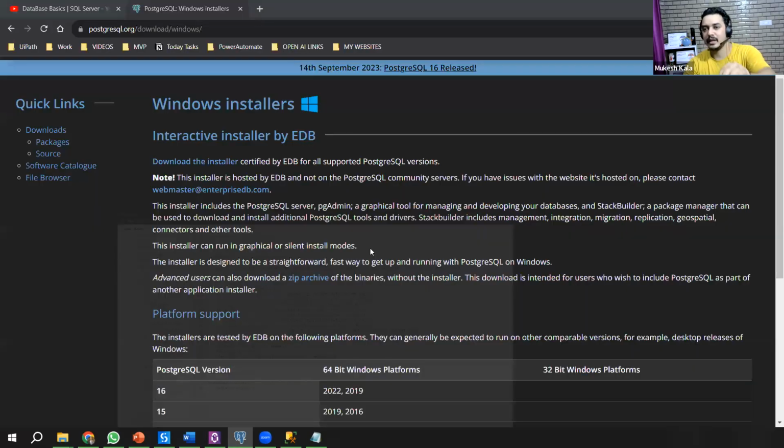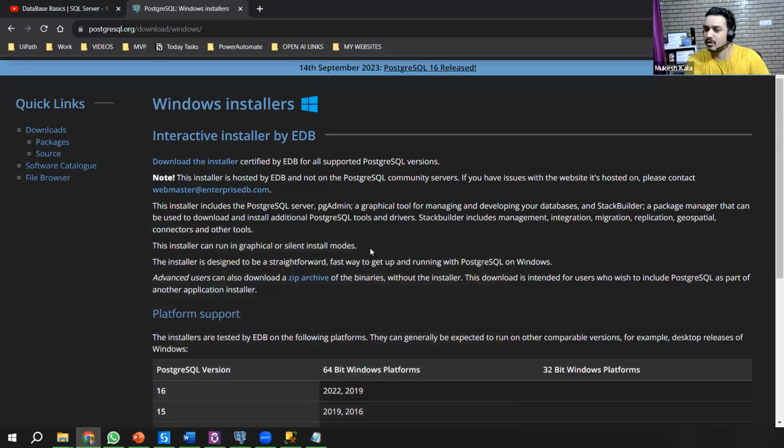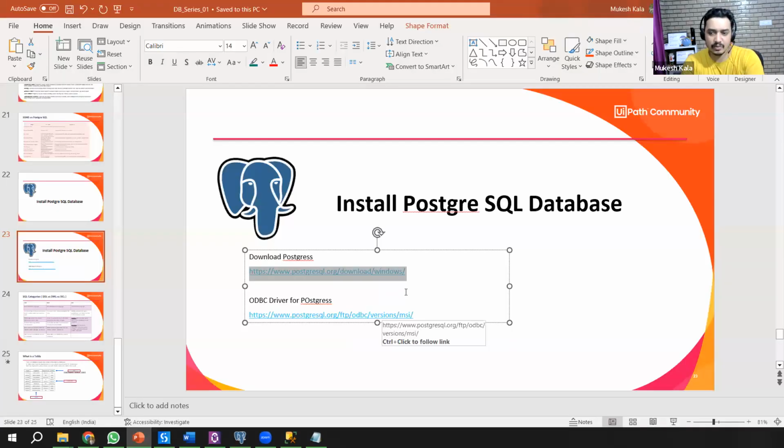Same concept applies to this also. So I have installed a SQL Server. When you are working with Microsoft, you do not have to install the drivers. SQL Server Management Studio automatically installs the driver for you. What do you mean by driver? To connect to that database, you require a driver. So SQL Server Management Studio takes care of everything. However, whenever you work with any open source database, you require additional drivers, right? It can be any open source.